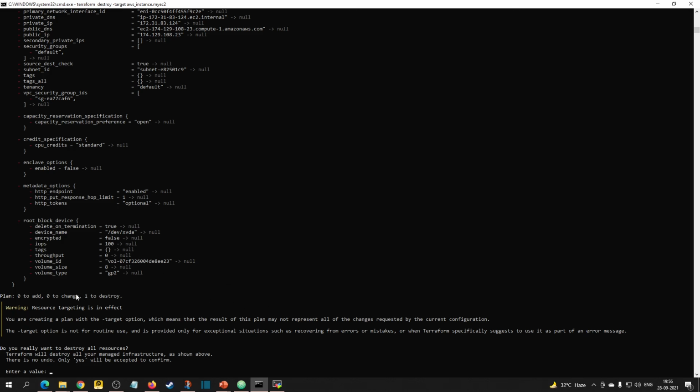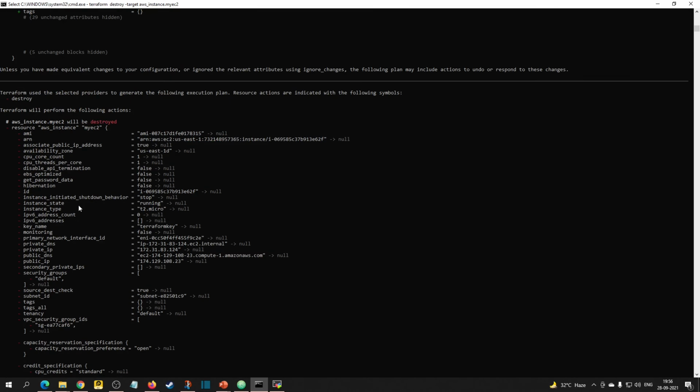Here you can see it is going to delete one resource. What is the resource name? Here you can see it says aws_instance.my_ec2 will be destroyed.